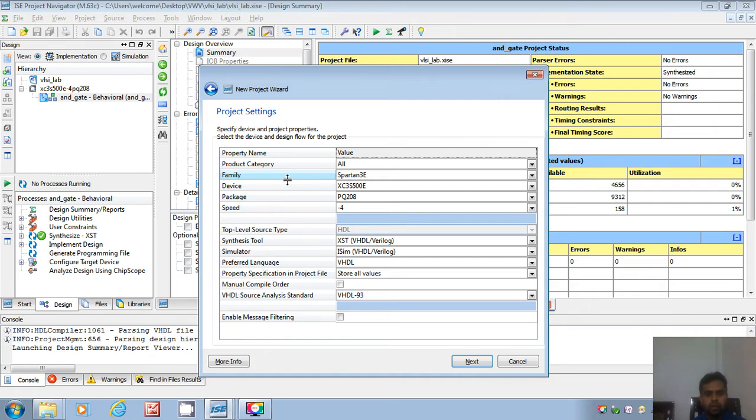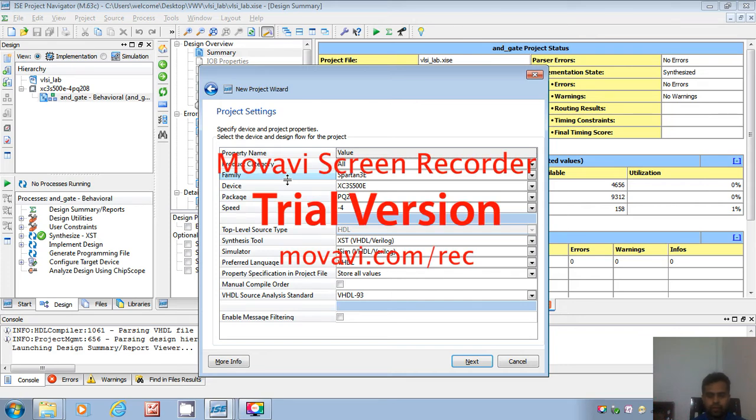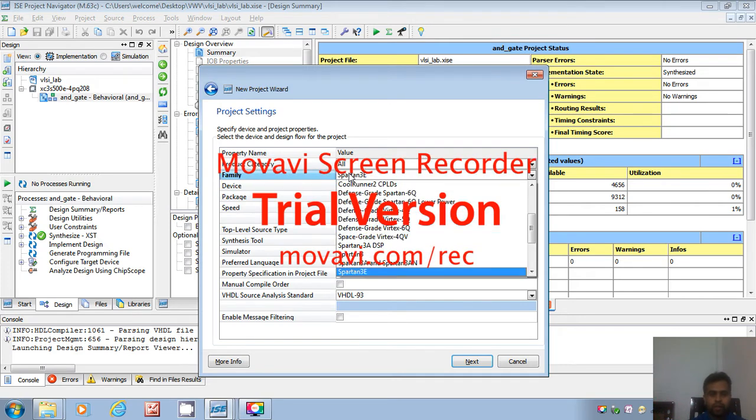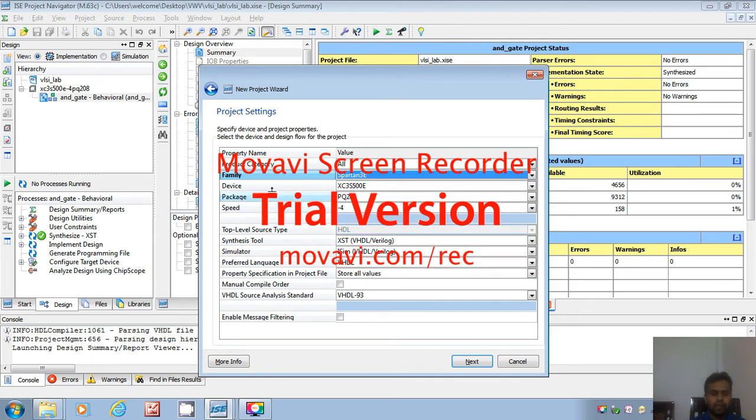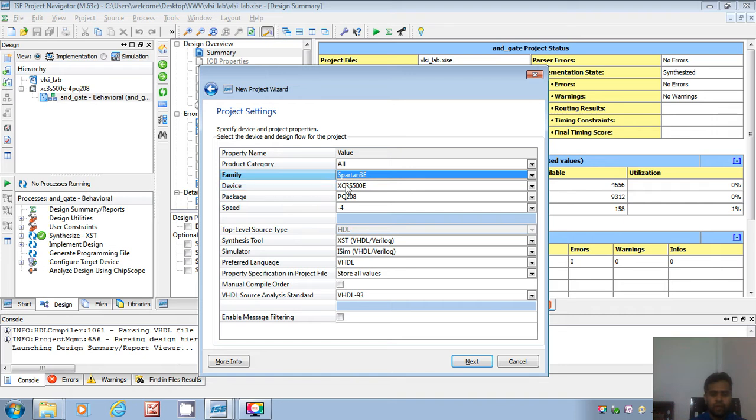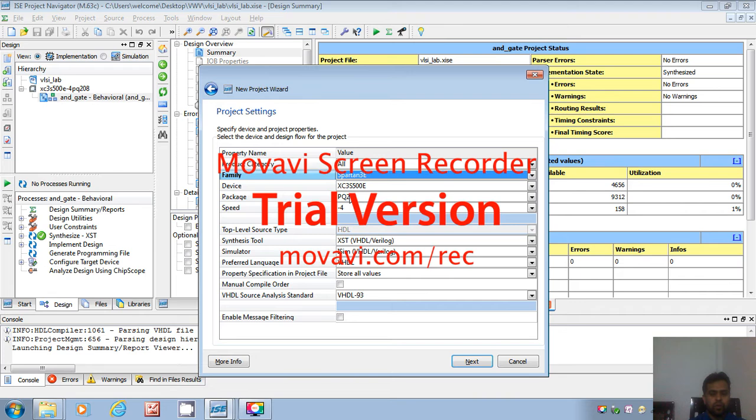In our college we have Spartan 3, so we will select Spartan 3 over here. There are different families available in Spartan. Then device, we are selecting XC3S500E. This is the FPGA processor that we are going to select here. Then the package is already written on top of the FPGA processor. We are selecting the speed -4.